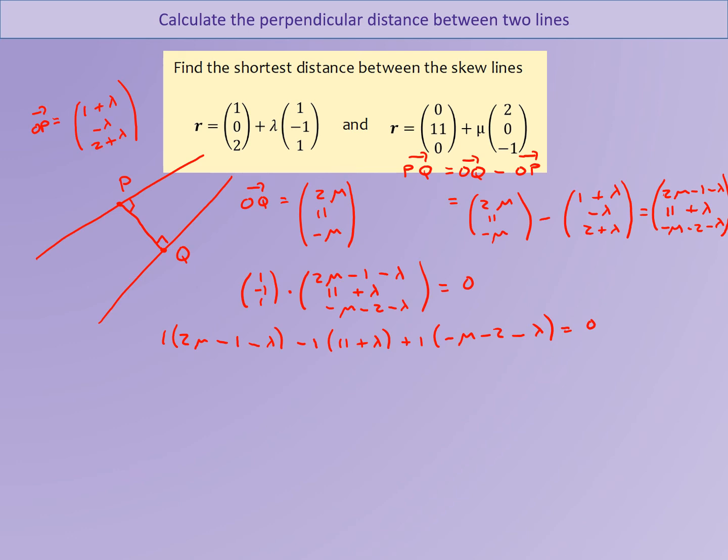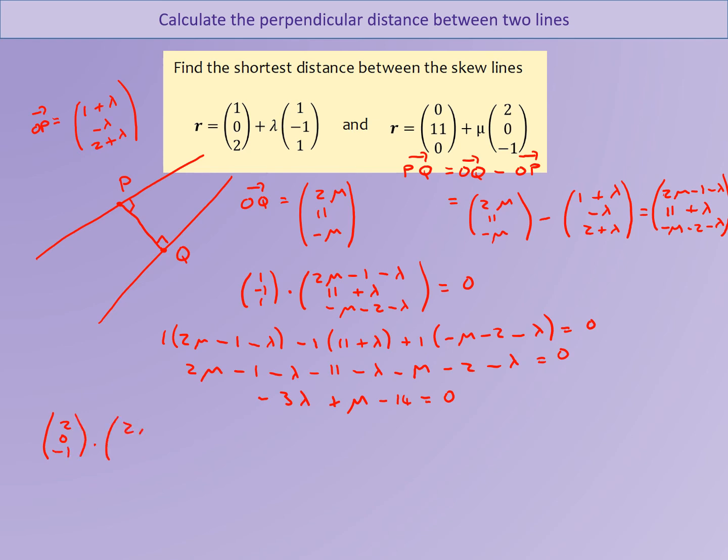So to simplify this down, 2 mu minus 1 minus lambda minus 11 minus lambda minus mu minus 2 minus lambda equals 0. So this gives us minus 3 lambda plus mu minus 14 equals 0. Okay, if we now find the scalar product of the second direction vector with vector PQ,